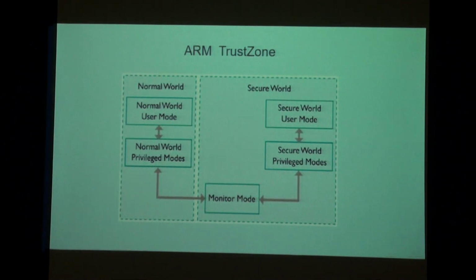So this is how TrustZone works. You have a normal world and a secure world. In the normal world, all the user processes can execute, and in the secure world, the privileged processes can execute. Down there you have monitor mode, which keeps track of the processes going on, and in case a switch is needed from one world to the other, the monitor mode makes sure that it happens in a secure manner. I'm just giving you an overview of this. If you want to read more, you can read about the actual TrustZone implementation.